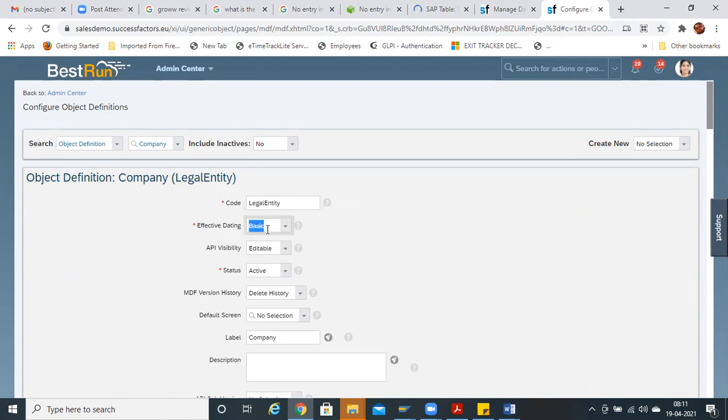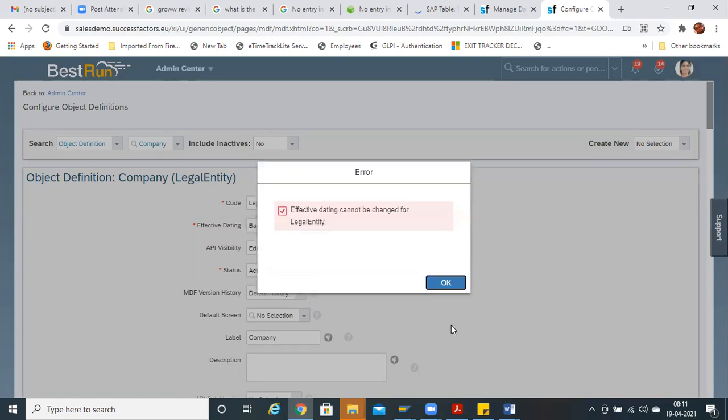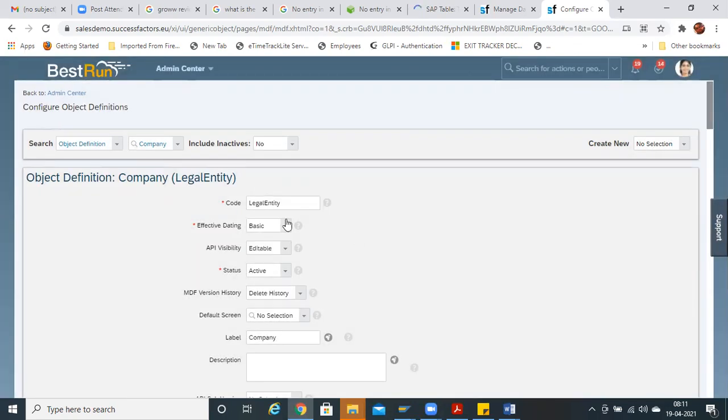Now, what is effective date? In all the standard data, don't change anything. Let it be basic only. In the coming sessions, I'll be explaining what exactly is from parent. Legal entities should be basic.